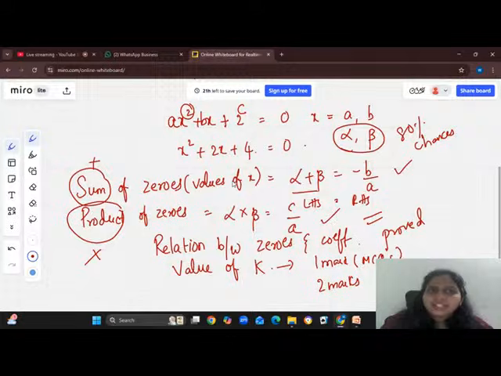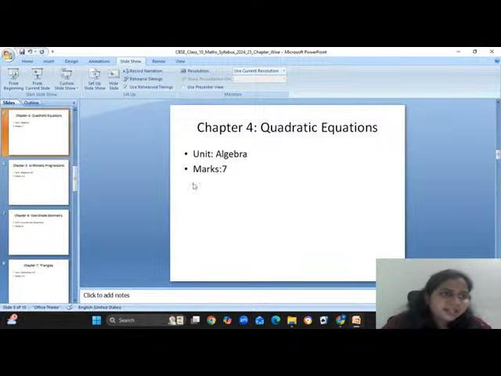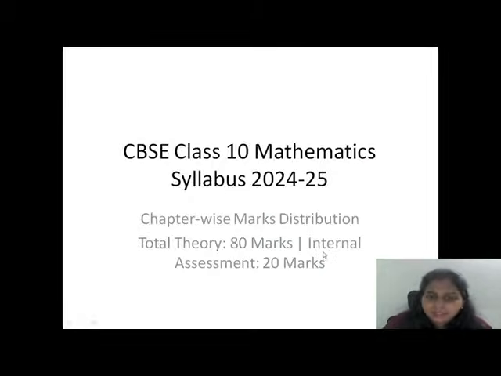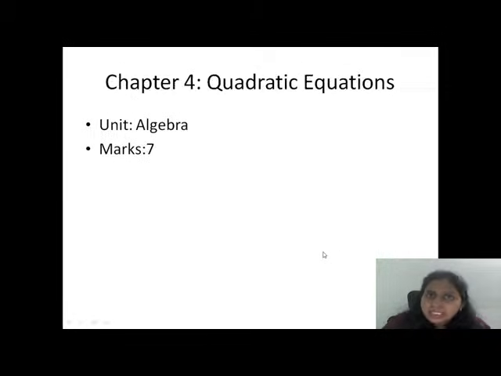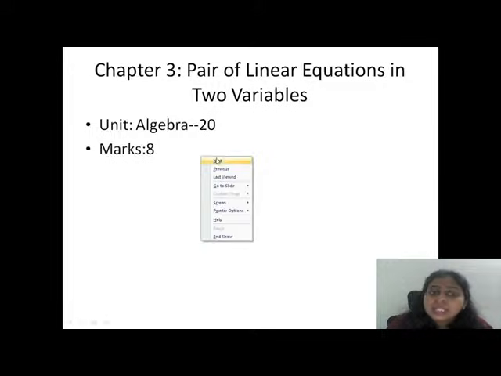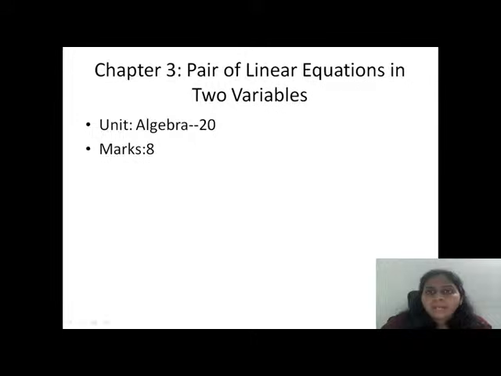Thank you. Done. Now let us move to the next chapter in algebra. That is linear equations, pair of linear equations. Even this is a part of algebra, so this is also a very important chapter. Here the name itself tells you that it is linear. Just now I told you the meaning of linear: linear means it has degree 1. But it is an equation.